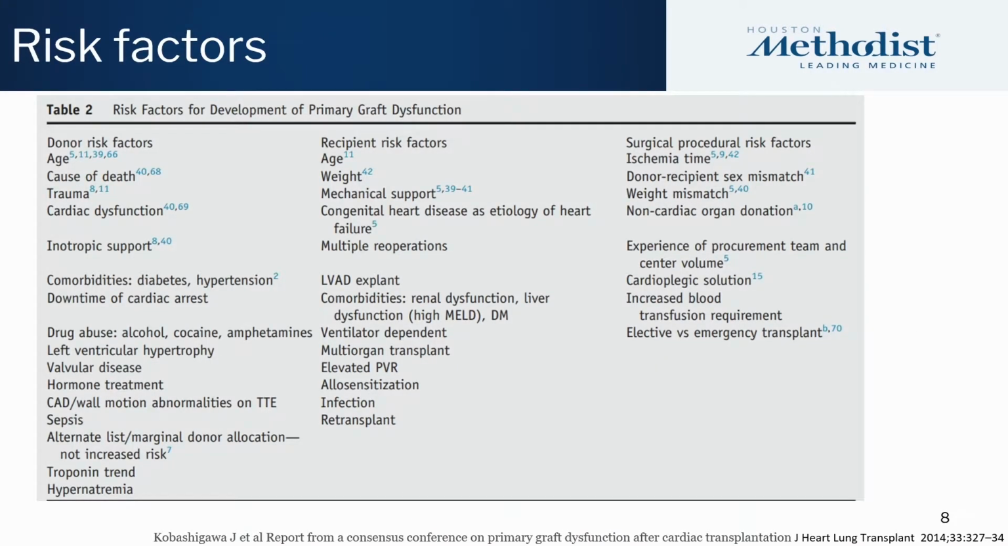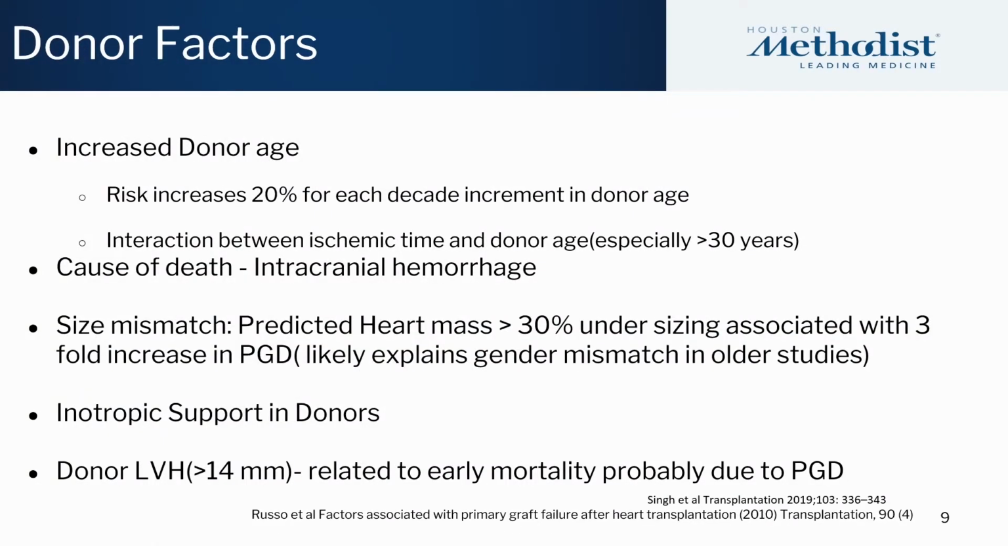It's a long list of risk factors, but I'm going to go over some of the important risk factors which have been at least shown in larger studies and in peer-reviewed literature. Again, increasing donor age is a big risk factor, and the risk increases 20% for each decade increment in donor age. And it also seems like there is an interaction between the ischemic time and donor age, especially after 30 years. And cause of death, intracranial hemorrhage, like we looked in the previous slide, and size mismatch,